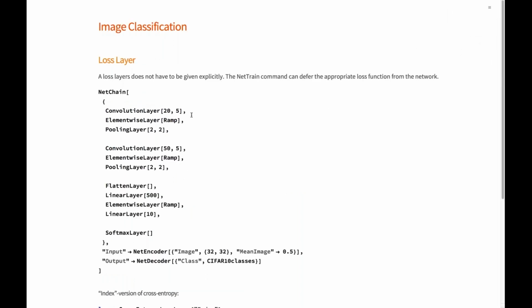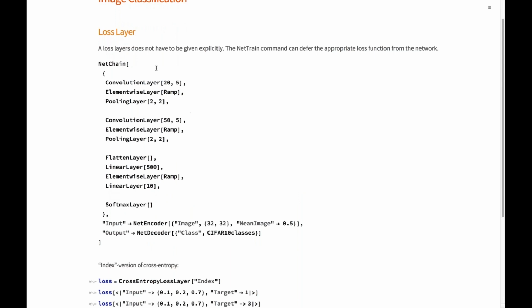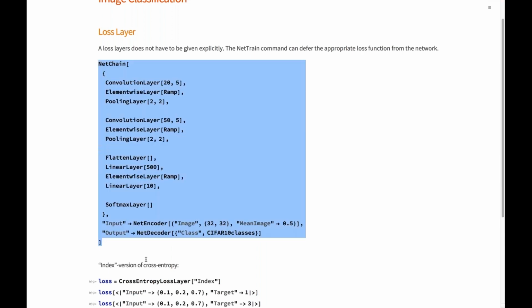The next thing would be to train. And to train, you have to have a loss layer. So basically criteria that tells you whether you do good or not so good. And interestingly, that is not explicitly given in Mathematica. You don't have to pay attention to it, because in most cases, Mathematica can infer the appropriate loss layer.